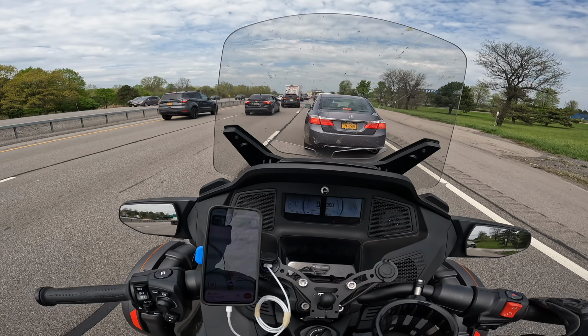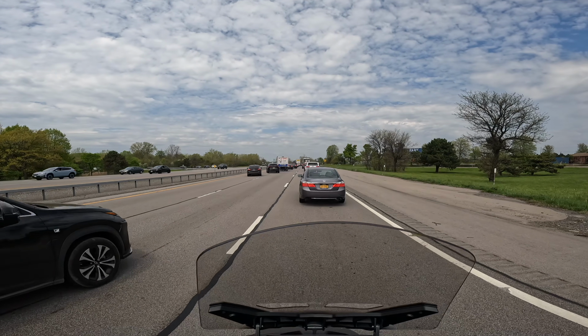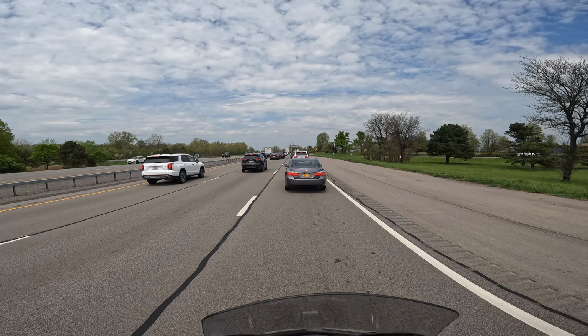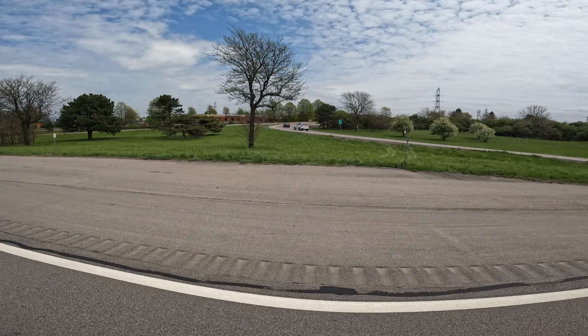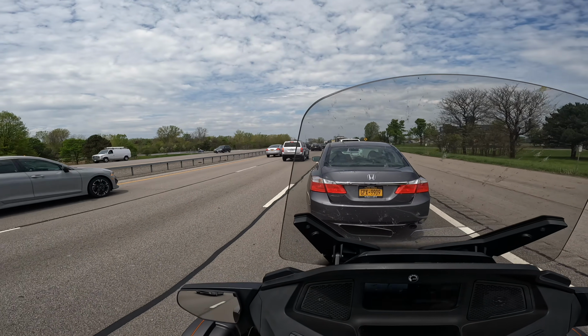Eco mode is still on. My guess is I could easily make it, but I don't know for how much longer this traffic is going to be. Because of that, I may pull off at the next exit. There's an exit right there I could have pulled off, but I may pull off at the next exit and